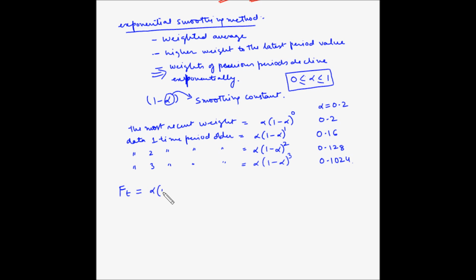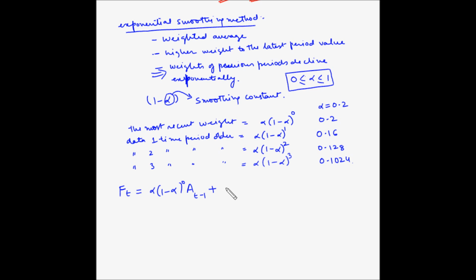So alpha (1 minus alpha) to the power 0, and this is multiplied by the actual of the previous period. So A(t minus 1), because the period for which we are calculating the forecast is t. So we have taken the actuals for t minus 1, plus